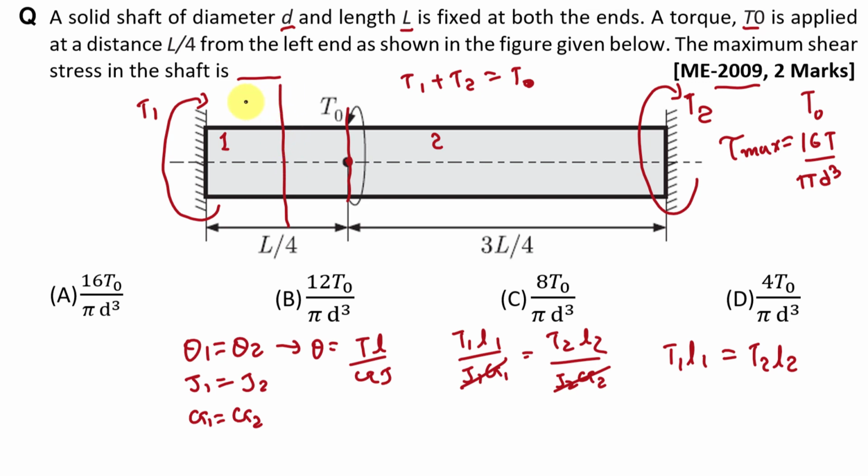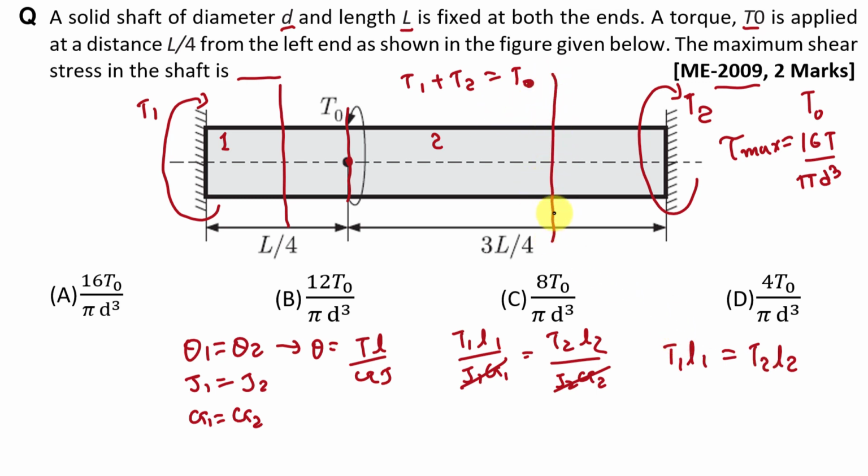Here, if we take the left side of the twisting moment, then there is only one twisting moment, T1. So here T1 is equal to T1, right? Here this T1 is the reaction at this end, and this T1 is the value of the twisting moment in this shaft, right? Similarly, here if we find the value of T2, then for that we have to take a section in shaft 2